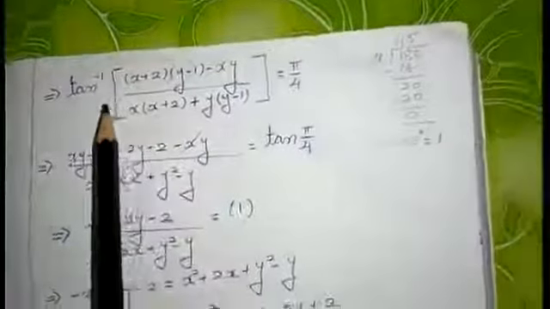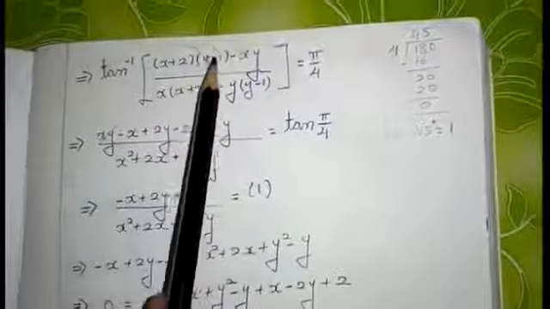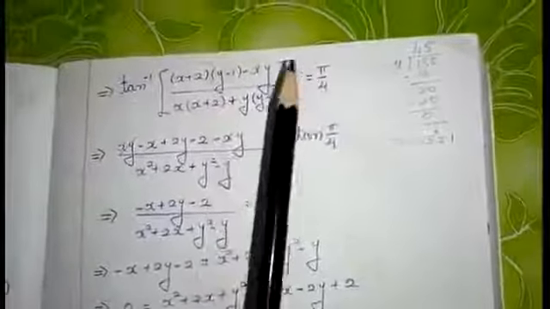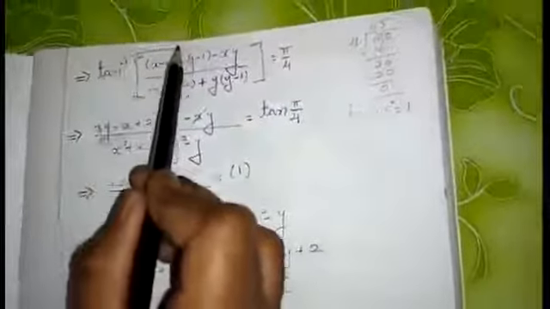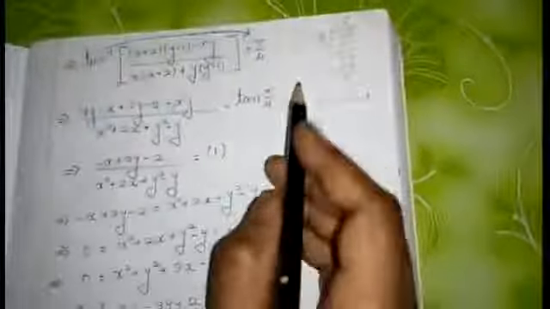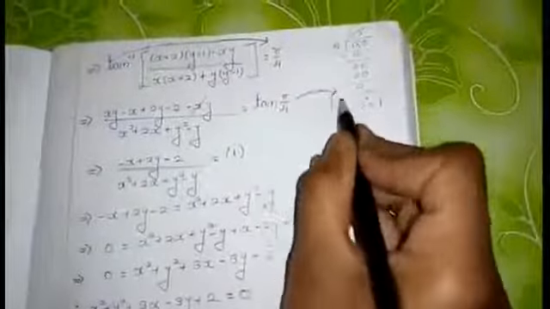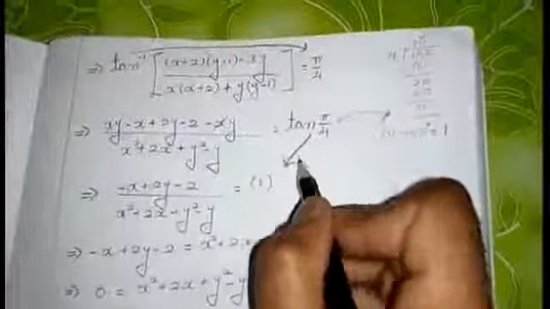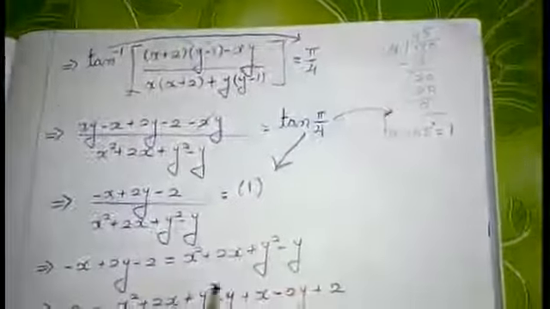So, in the tan inverse, the denominator part will get cancelled, only the numerator parts will remain. You will get the value like this, equal to pi by 4. This tan inverse, if I bring it to my right hand side, I can write it as tan pi by 4. Tan pi by 4 is nothing but tan 45 degree, which is equal to 1. So, in place of tan pi by 4, I am replacing the value as 1. Simplify the terms, and the required answer, as given in your question, is x square plus y square plus 3x minus 3y plus 2 equal to 0.